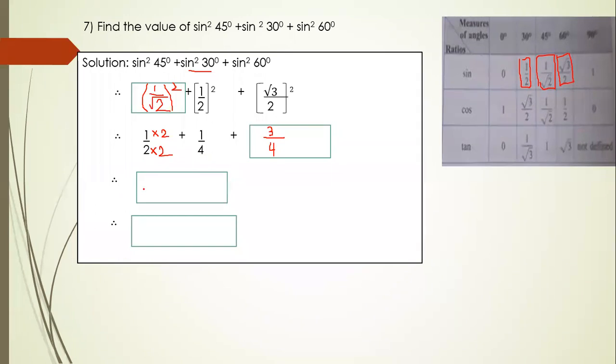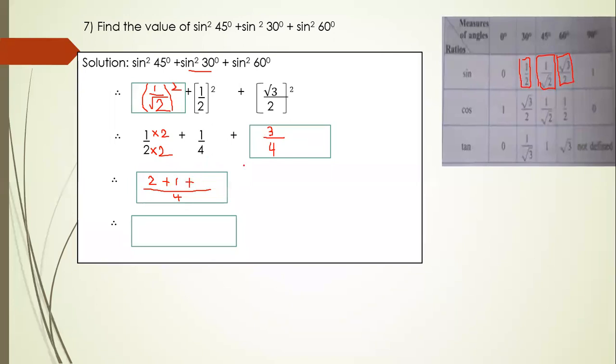So in the next step, what we will do? We will just write the denominator common. What is our denominator? It is 4, right? So that you write common. Common means one time. And numerator we are going to add, or we are going to first write and then we will add. So 1 into 2 will be 2, right? This plus as it is, or put here plus sign. Here we have 1. So this 1 we will write. Then we have plus. So this plus we will write.